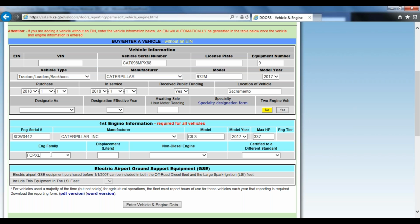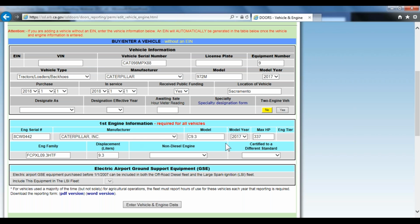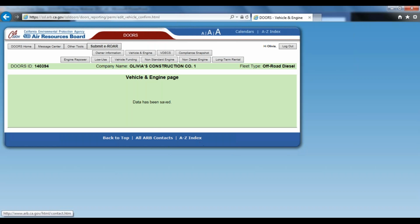We're almost there. So all this information should be listed on the engine control label of your engine. I'm not going to select anything for this one. It doesn't apply. Same for this one. All right, and then I'm going to click Enter Vehicle and Engine Data, and it says my data has been saved. So now we need to do step number 3, which is we need to enter the public funding contract